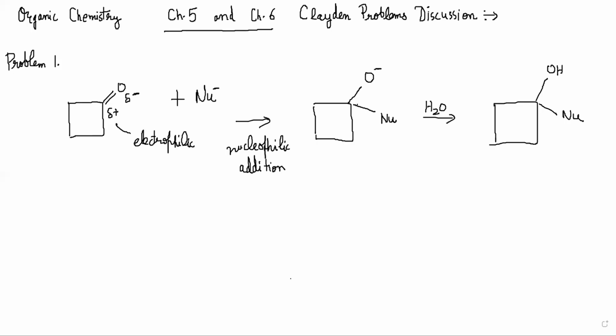The second molecule is a carbocation, not a carbocation, it's a cation. So basically the molecule looks like this, and there is an O and there is an H and there is a positive charge and there is a carbon chain, right? So what will happen in this case? The nucleophile should automatically come to the oxygen, right? But wait, why will it come to the oxygen? It is positively charged. Let's think.